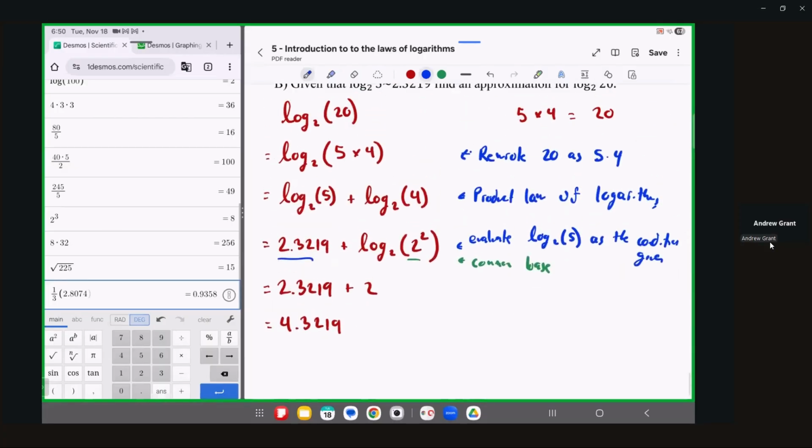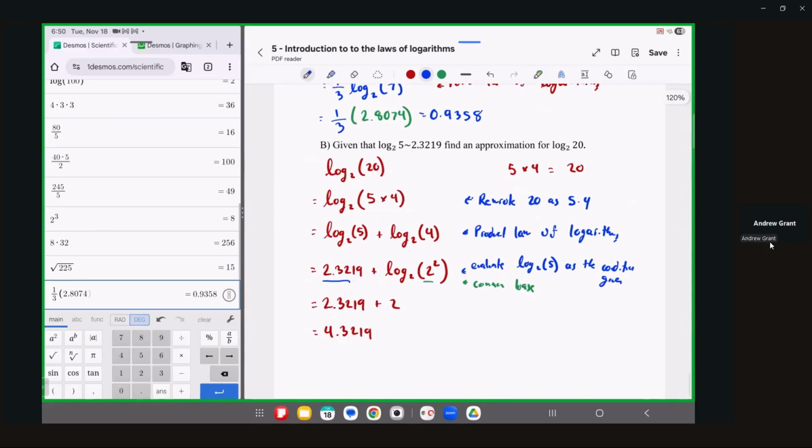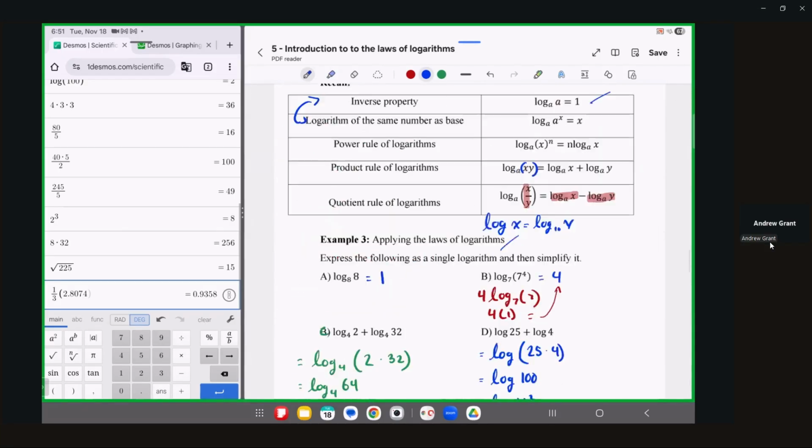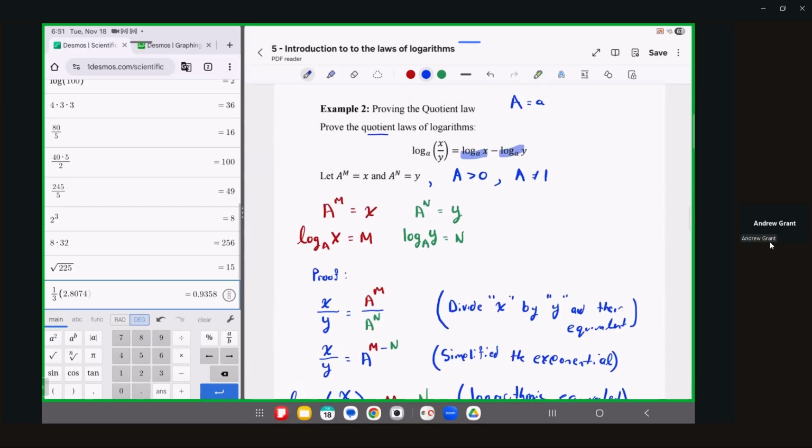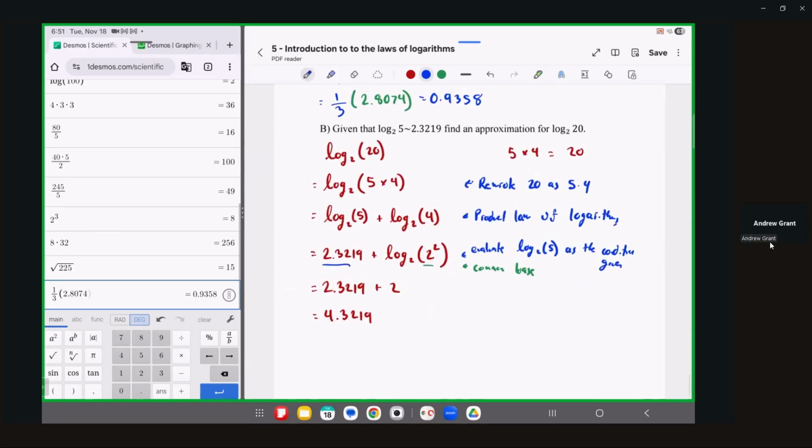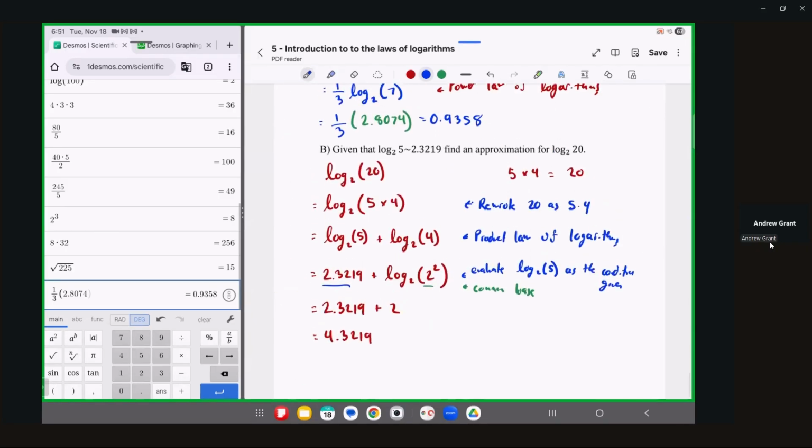Okay, so with that, that's going to end our introduction to the laws of logarithms. As a good exercise for yourself, I would ask you to go ahead and prove the product law of logarithms. That's something you should be able to comfortably do now. Recall earlier that we had proved the quotient law, and a number of the key questions you should be now able to do. On the lesson of next time, namely the next one in the series, we're on class number 6 tomorrow, we'll be looking at solving